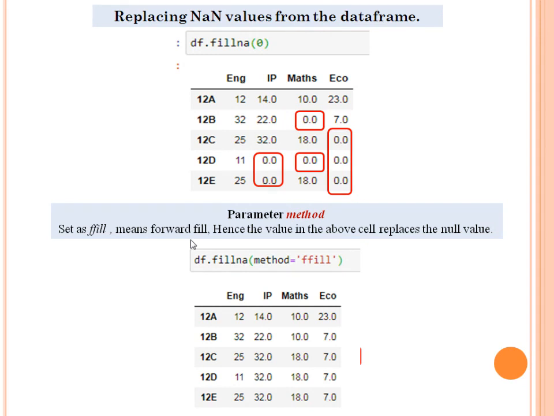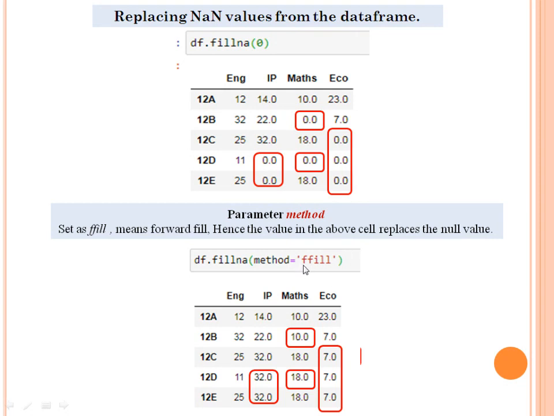So see, children, these are the NaN values which are pointed by the red marker. These values are replaced by the above mentioned values because of the method ffill.